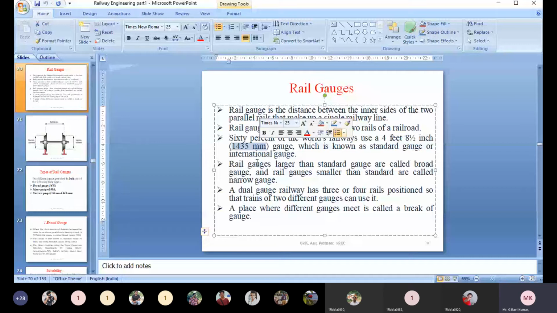Not only this, different sizes of gauges, like what is the size of the international or standard gauge, what is the size of the cape gauge, the meter gauge, the broad gauge, the narrow gauge. All these sizes are most important. And even in the Indian Engineering Service exam, the UPSC exam, every time one question will come from these gauge distances. And for the GATE exam, not every time this question may be asked. Sometimes they may ask. Understand or no?